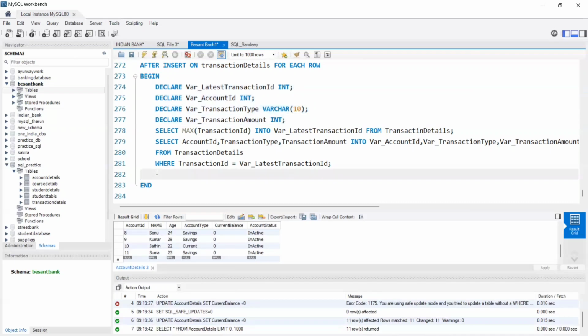Now, by using them, I want to write the logic. What I want to do? I want to write if-else conditions. If transaction type, which means variable underscore transaction type, is equal to credit. If the person is crediting the amount into the bank, what we want to do? We want to add the amount. Credit, then